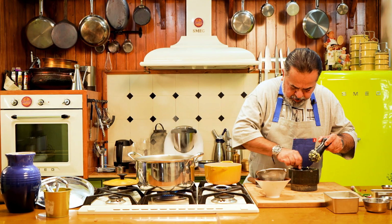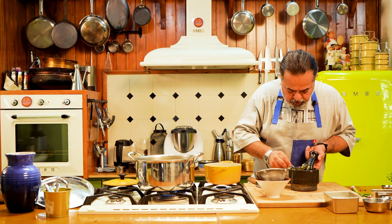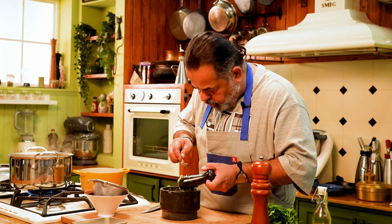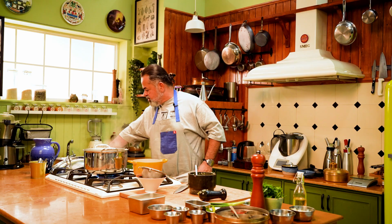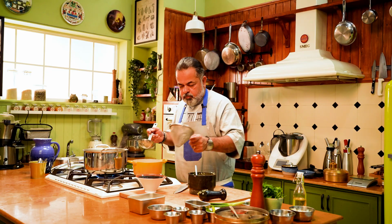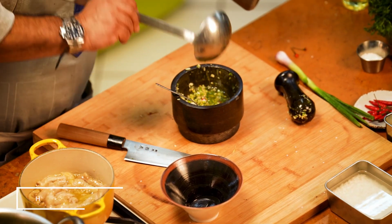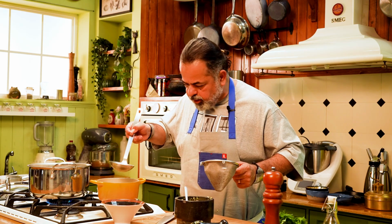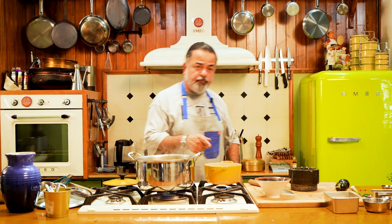So we are almost done there. Okay, we've got this into a nice, lovely paste, almost like a real flavorful thing going on here. Beautiful. And now to this, we're going to be adding our chicken fat. So a nice hot chicken fat to this. Beautiful. So about 2 to 3 tablespoons of chicken fat in this. Perfecto. I also have some chicken fat left here, which I'm actually going to need to flavor our rice,